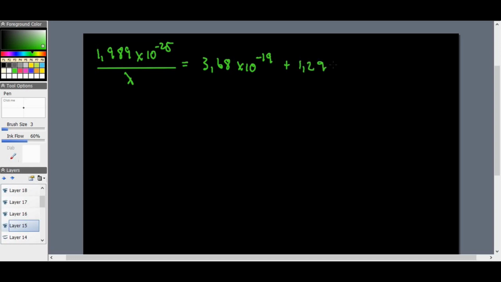1,29 times 10 to the power of negative 19. Okay, so this can obviously be added. So we'll end up with a value here. So this is going to equal 1,989 times 10 to the power of negative 25 all over lambda. That's going to equal,